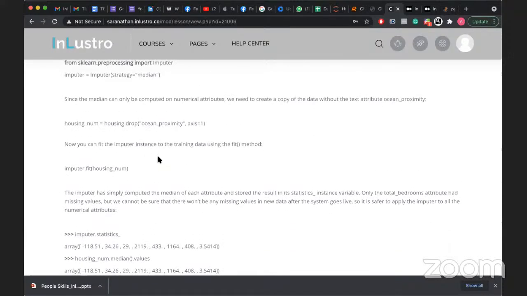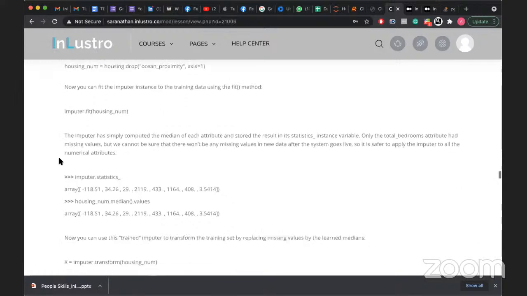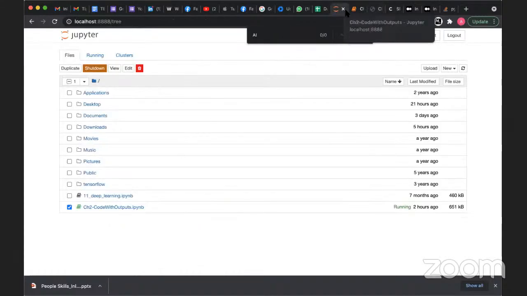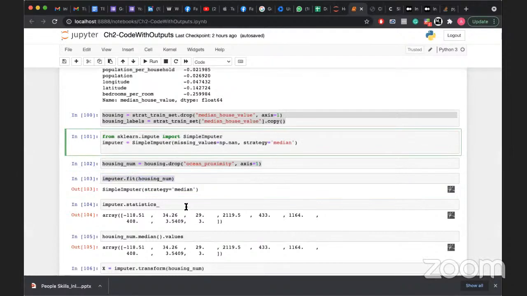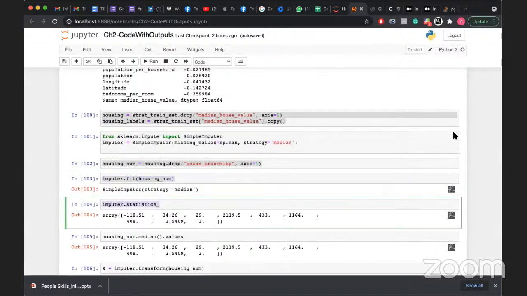The imputer has computed the median for each attribute and stored the results in the statistics_ variable. Only the total bedrooms attribute had missing values, but we cannot be sure that there won't be any missing values in the new data for other attributes once the system goes live. So it's safe to apply the imputer to all the numerical attributes. If you do imputer.statistics_,